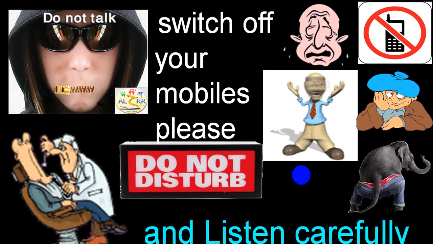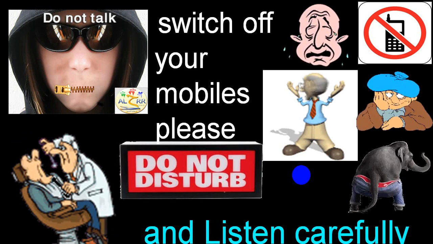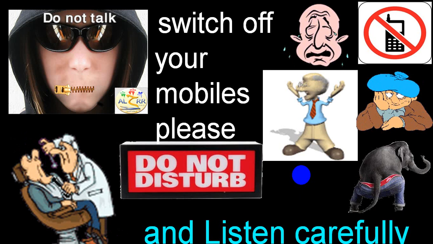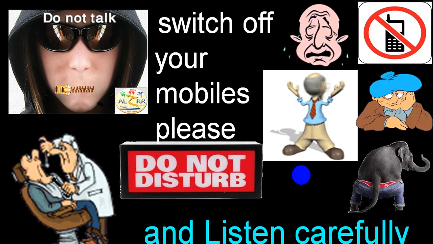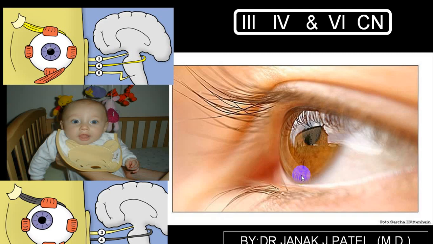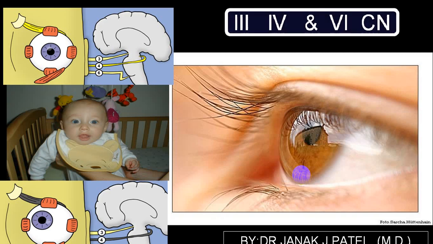In continuity with the previous series in CNS examination, or what we call neurological examination, we have done with cranial nerves. So as part of cranial nerves, this will be a lecture on the third, fourth and sixth cranial nerves, which we call oculomotor, trochlear and abducens. So we'll be discussing that particular part.